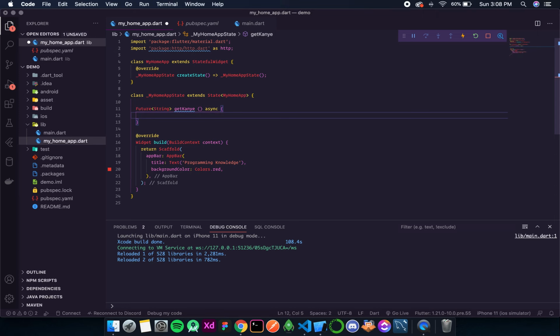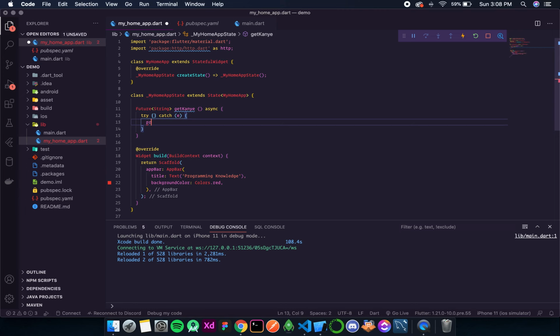Okay, now a good practice is that whenever you interact with the internet, we need to surround it with a try and catch, so that when there is an error it will not simply show a red screen on your mobile app, but give some customized message which improves the user experience. So I'll simply surround it with a try catch, and then over here you can print t. If you are making a real app, most probably you will wanna show a toast.